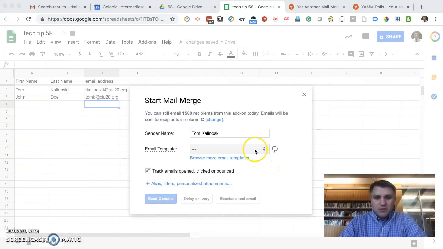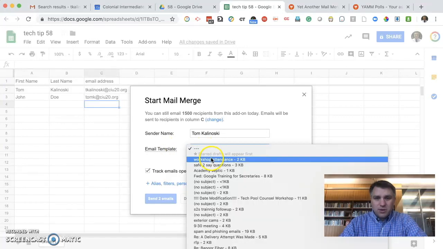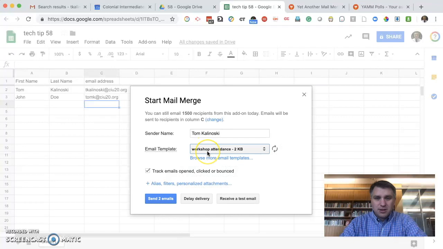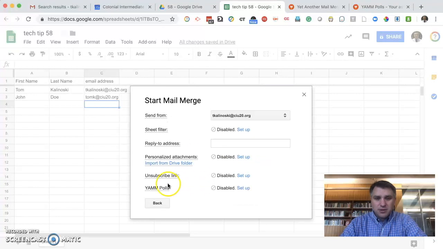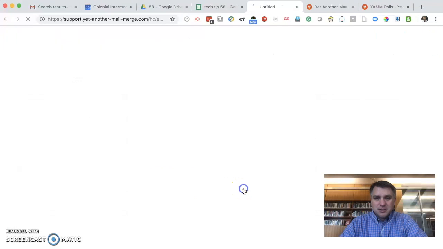Okay, that brings you to this screen. We want to pick our email draft, so go ahead and click on that drop down, and we will select the draft. In this particular case, we're going to select this one, Workshop Attendance. We want to track emails that are opened or clicked. We also, though, want to do a poll. And you see it here, if you hover over it, it says Let People Answer simply by clicking on a link. This is what we want to do. So if we go ahead and click on Setup,